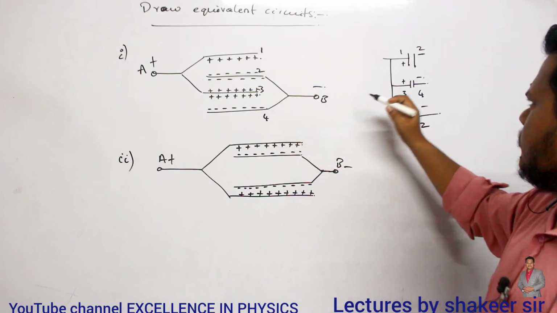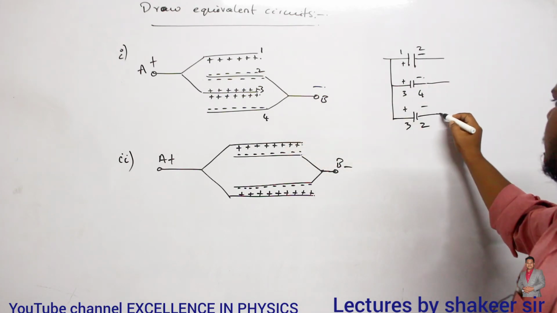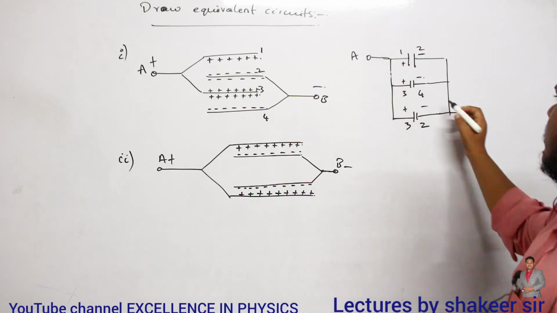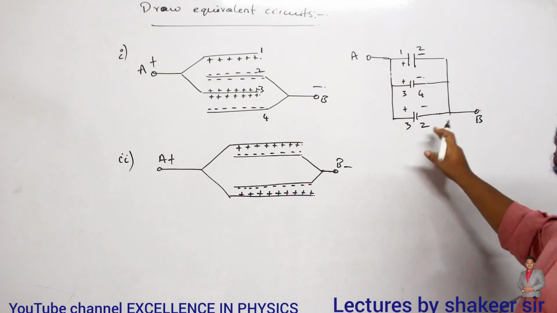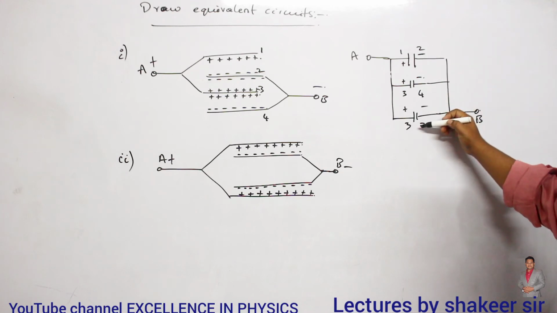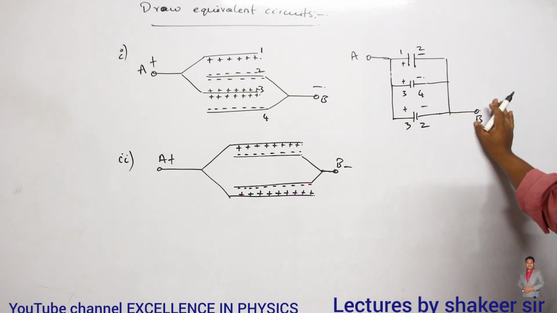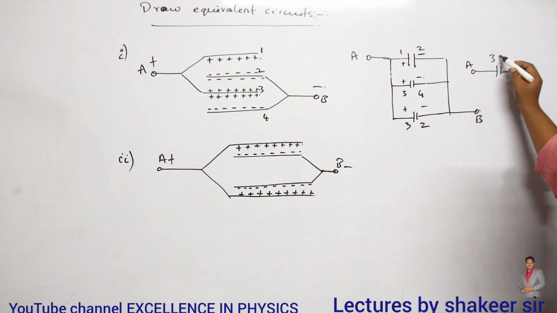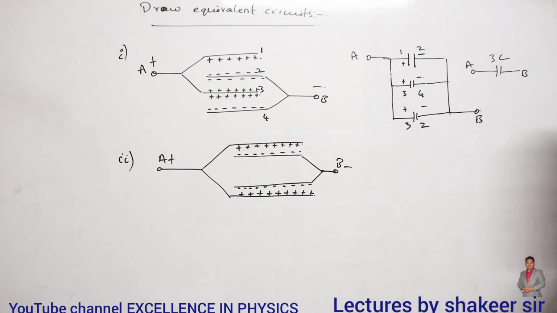Next 2 and 4, they are connected at same potential. So this is terminal A and this is my terminal B. So this will be the equivalent capacitance which will be formed. Okay? So therefore, we got all the 3 capacitors connected in parallel connection. Then what is the equivalent capacitance? Total equivalent capacitance will be 3C. C plus C plus C is 3C.